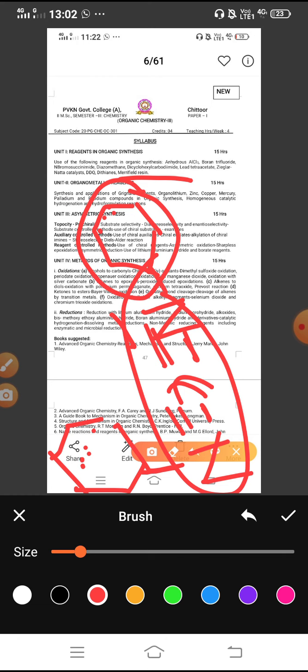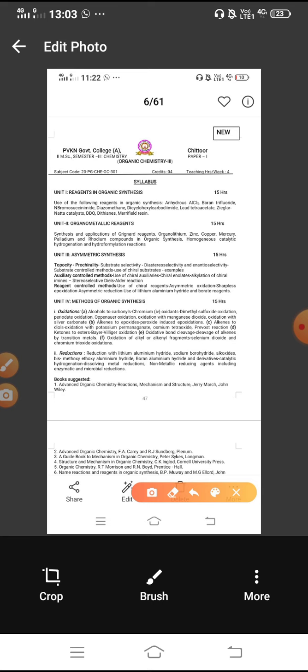Compare with urea, for example. NH2CONH2 is called urea. Instead of urea's NH2 groups, here only nitrogen is present, and instead of oxygen, C double bond only nitrogen is present. This is DCC, dicyclohexylcarbodiimide.